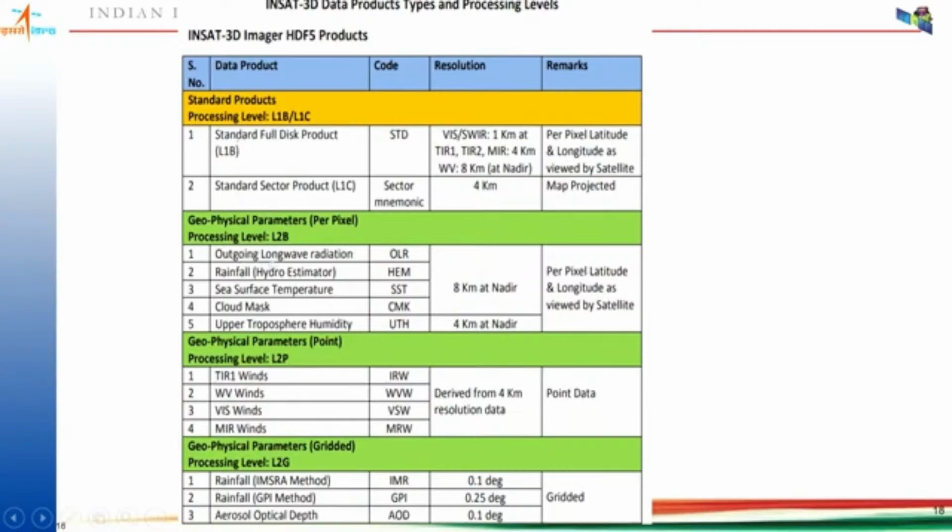So it can be OLR, outgoing long wave radiation, because it is a balance affected by the cloud and dust. So how much energy is coming, how much is being absorbed, and how much is reflected back. So it is a balance of it. Of course, the rainfall, the UTH, that is the upper tropospheric humidity. So it has a significant impact on the Earth radiation budget. So as it increases, what are the changes in the upper tropospheric layers? Of course, rainfall you find in different